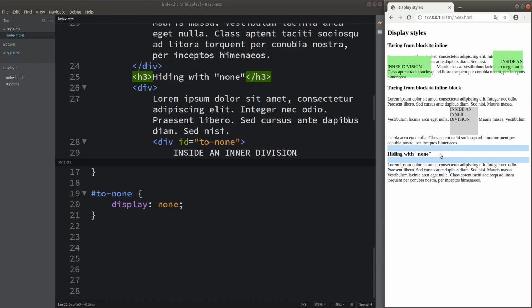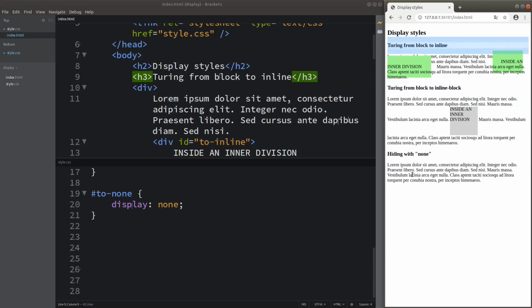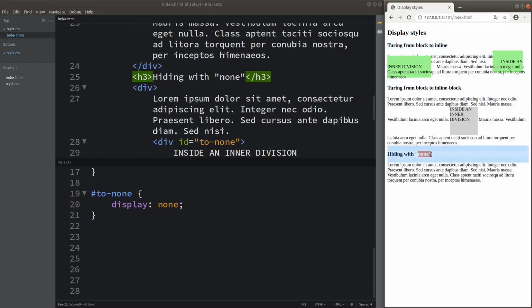So these more advanced display modes can be learned better after you have grasped the idea of inline block here, inline here, and the none keyword here. And you're able to learn more about the flexbox and the grid display modes after you have mastered the topics discussed today. This is the end of the video.